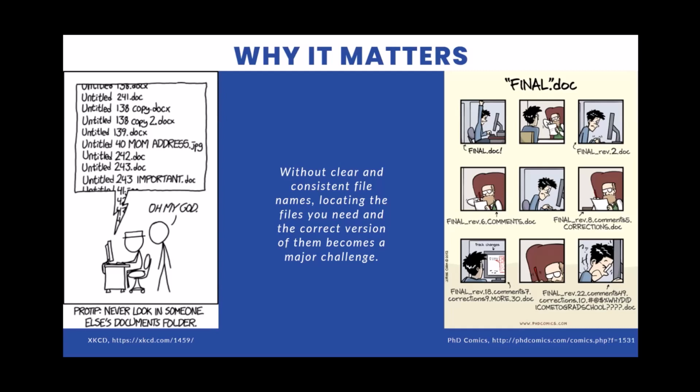In a best case scenario, without clear and consistent file naming, you might be a little bit annoyed at your own research processes. You might need to open a lot of files to make sure that you're finding the right one. But in more extreme situations, you may actually lose data entirely if you aren't able to locate it on your computer if you don't know its name, or if you're working with files with a lot of different versions to them, you might accidentally be editing an older version of a file, particularly if you're working with collaborators, and then your analysis might actually be spread across multiple different